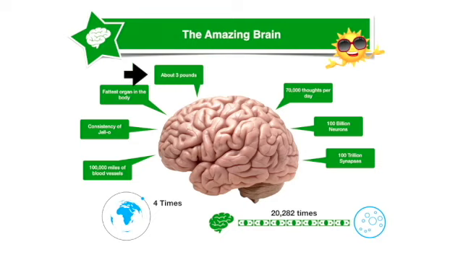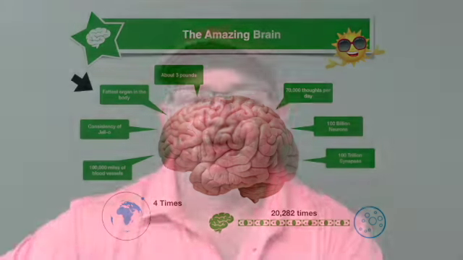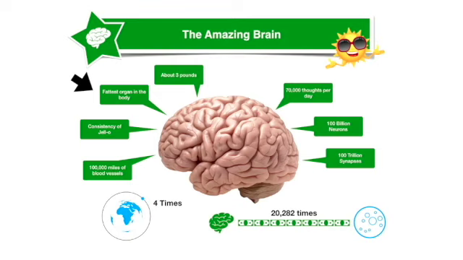Here, using this graphic, we have the brain, and we see right here at the top, the brain weighs in at about 3 pounds. It is the fattest organ of the body. It has the most fat in it for energy storage, and this is critical because even under malnourished conditions, our brain absolutely needs energy. So it stores a lot of fatty tissue inside of the brain to make sure that those neurons have something to eat every day. The next characteristic, it's about the consistency of Jello. I've also heard tofu, depending on your culinary delights.